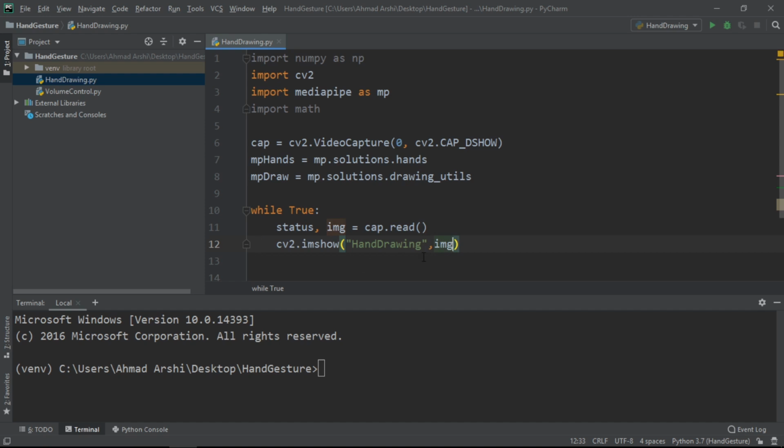Now one thing more, if we just draw it straight away, it will provide us with the inverted image. So if we want to get it the other way around, we have to go for img equals cv2 dot flip of this image. We will provide the image that we need to flip, and it will flip it on the x-axis.